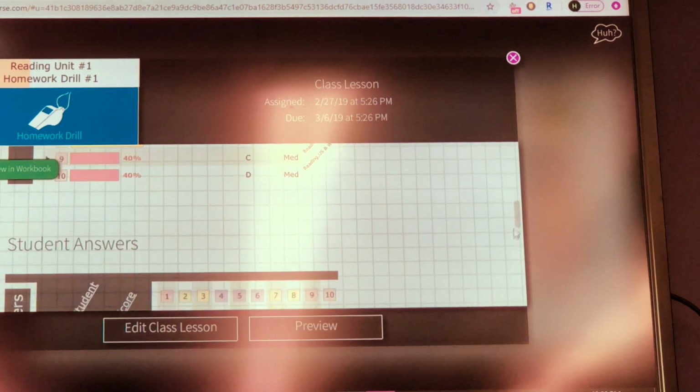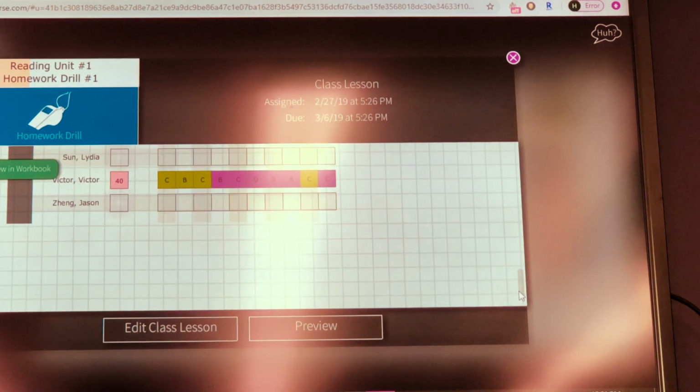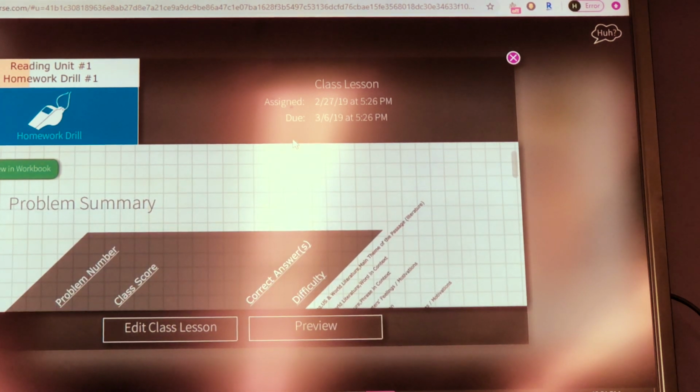This shows on my end what they entered. And if it's red, that means they got it wrong. If it's green, that means they had it correct. They can only access their own scores. Obviously, they cannot access other students. I do have access to that since I have all these students enrolled in my account. And again, if the students do not have access to this, I do print out additional copies so that they can take notes and then write as needed for their answers.